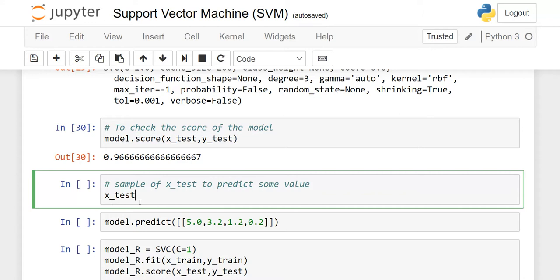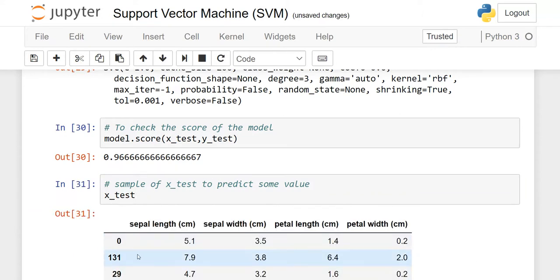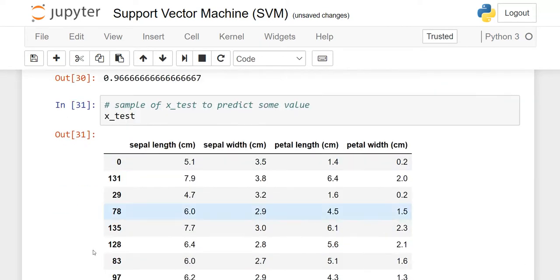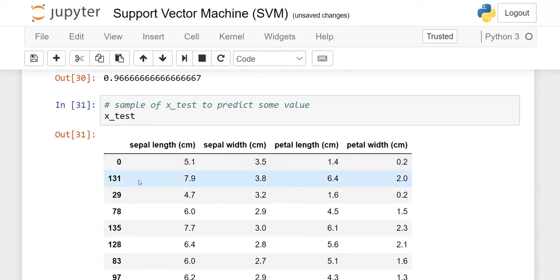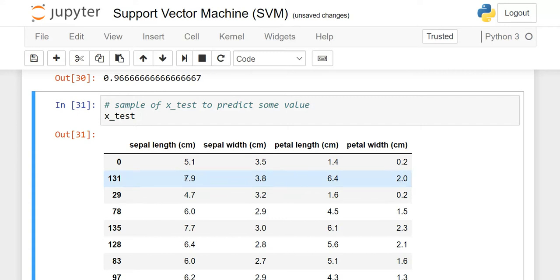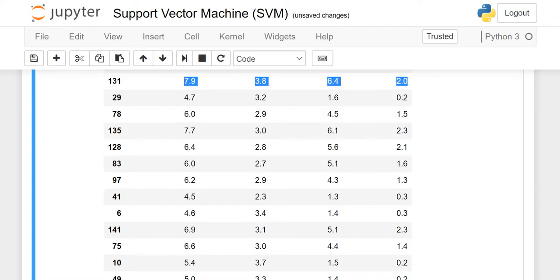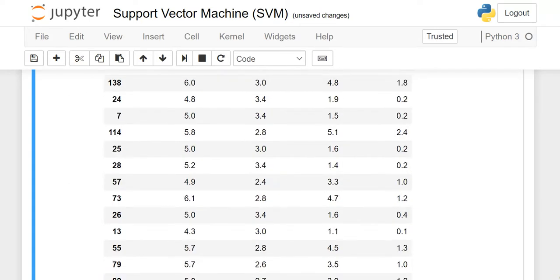So here from x_test, we will take some sample data. So this is our sample data. See, it starts from 0. Randomly it will give. Every time you run it, randomly it will generate different numbers. So from, okay, I can check this one, right? 131. So 131, this is the sepal length, sepal width. If I run this, what should be the output? 2, because from 1 to 50 is 0, 50 to 99 is 1 and then 2. So I will check 131, right? And our accuracy is 96%, keep in mind, so it will give us the correct result,